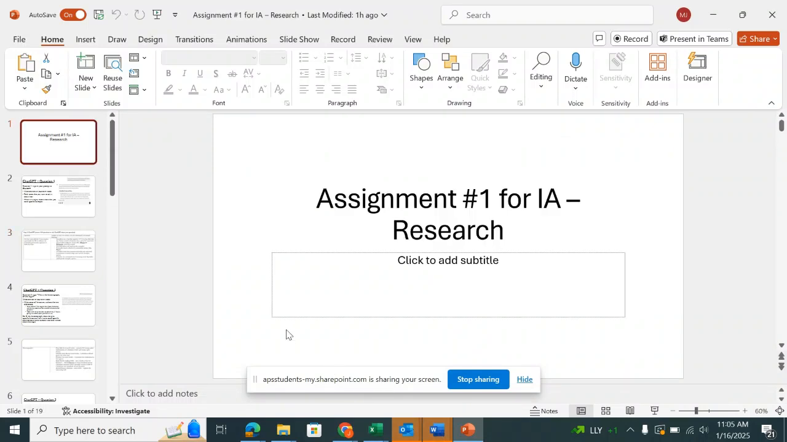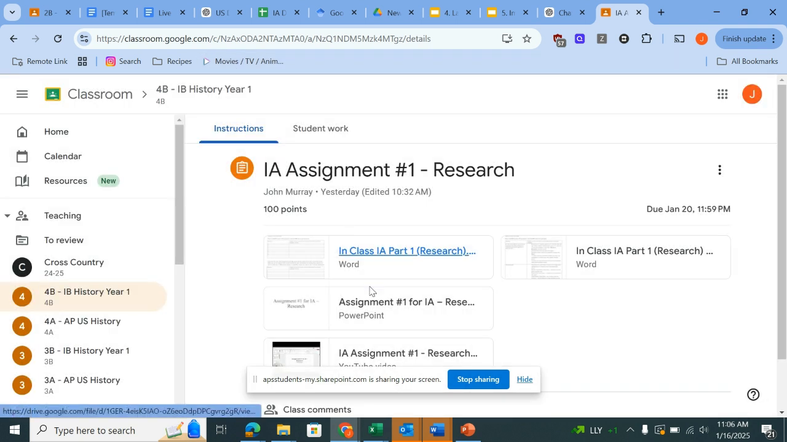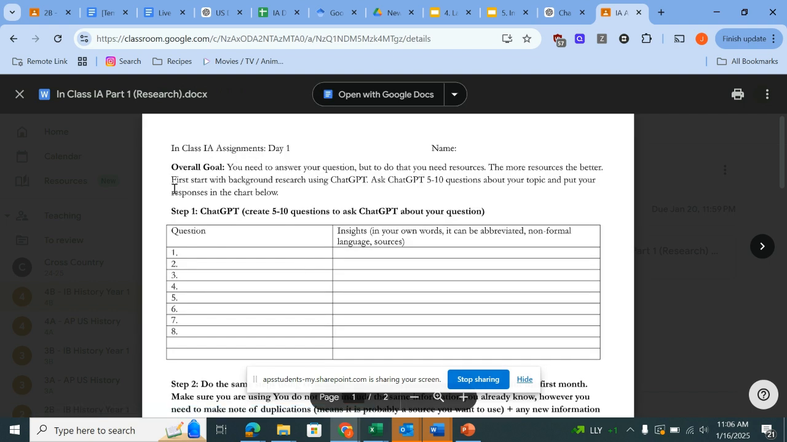All right, guys, I am going to be going through with you what your first assignment for your IA is, which is titled Assignment 1 for IA Research. You can find this in the Google Classroom, and what you're going to be turning in is going to be this Word document in which you're going to be talking to ChatGPT,